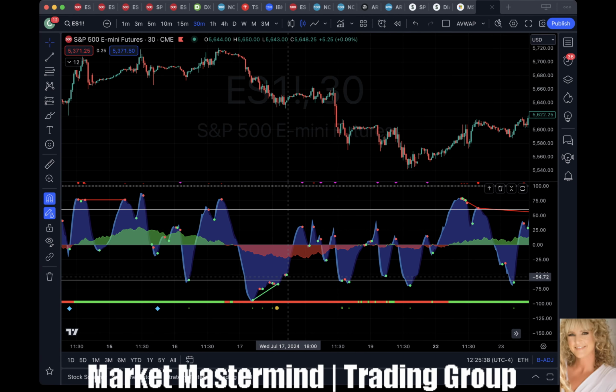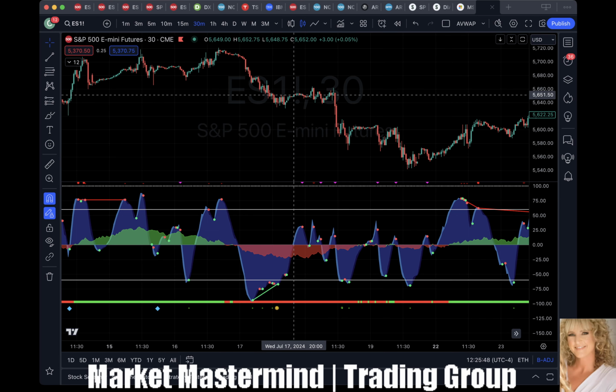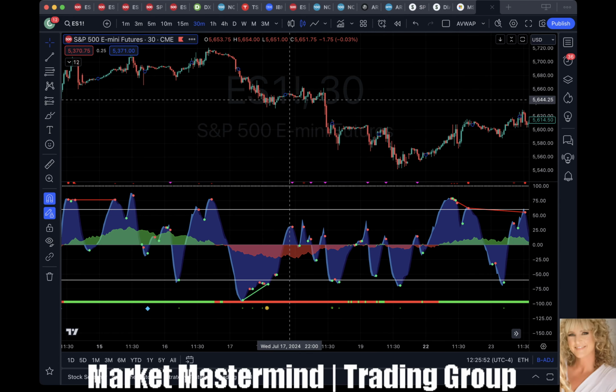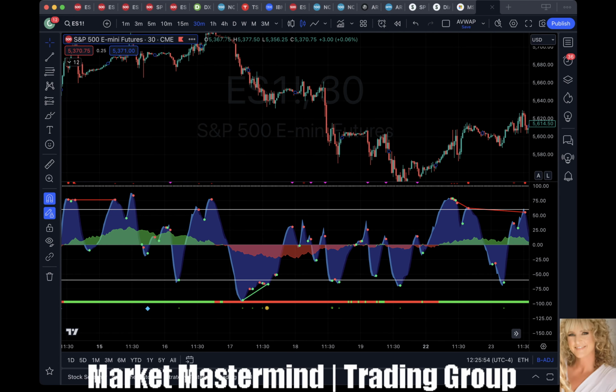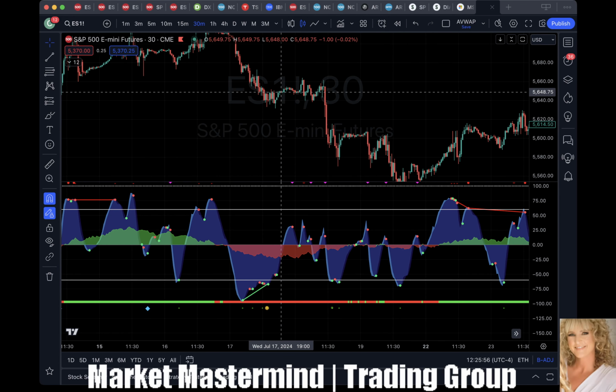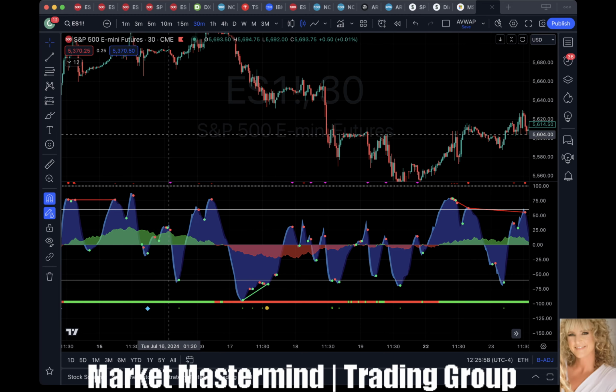So here's a good example. I've got green under red money flow. While we did see a pop, if we look at the candles up here, and I'll probably do that. While we did see a little bit of a pop, even though it looks big on the wave, the price action wasn't real significant around it, right? It wasn't a very big move, as opposed to